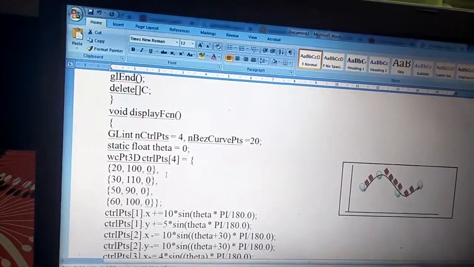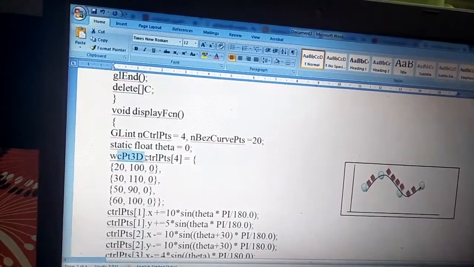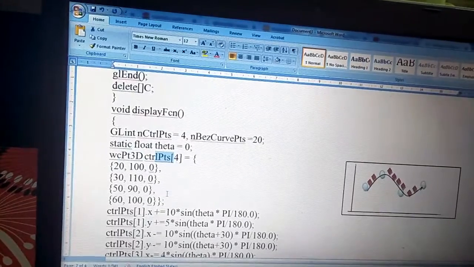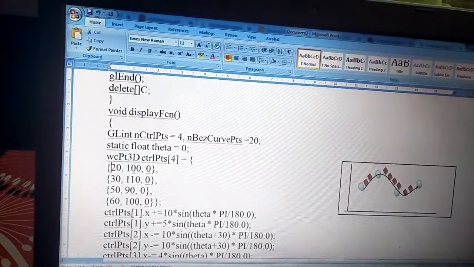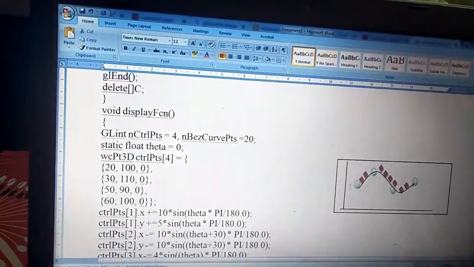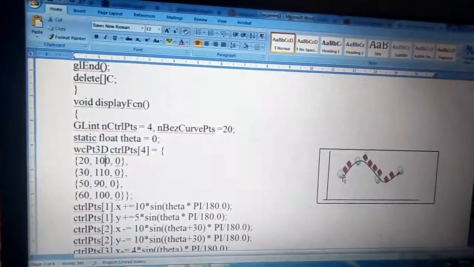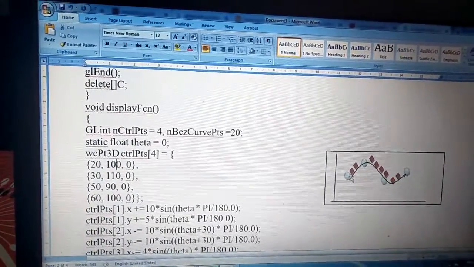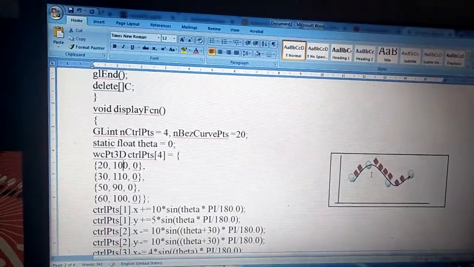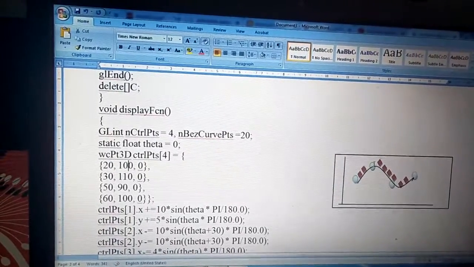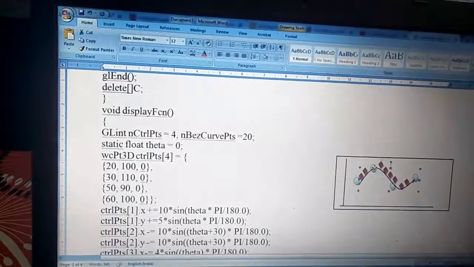Coming back to the display function, now with respect to that structure, I am taking 4 control points. Assume this could be 20, 100, 30, 120. Means x I am increasing and y I am increasing with respect to the y positive direction. So this is my second point.